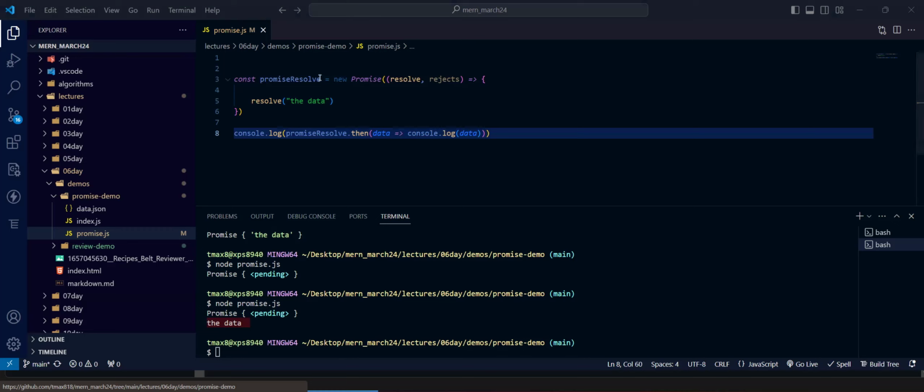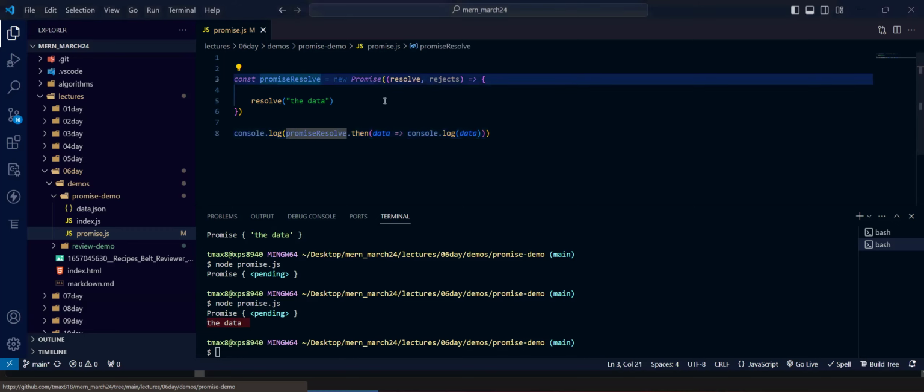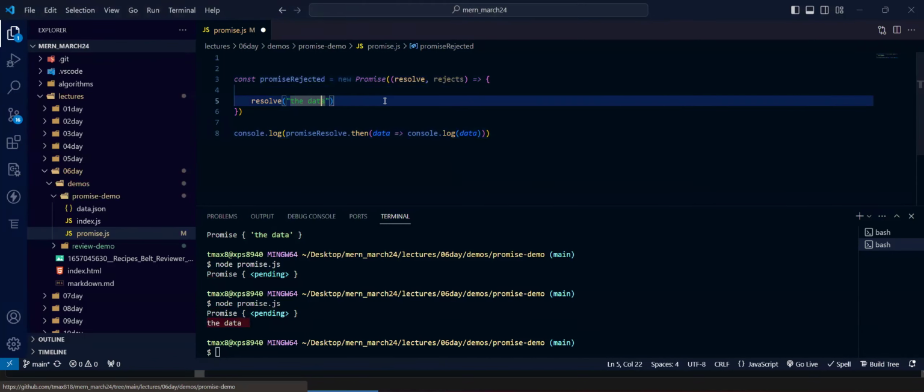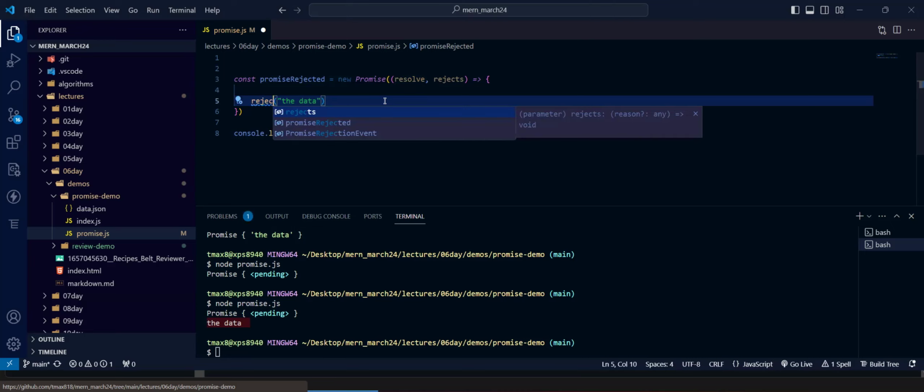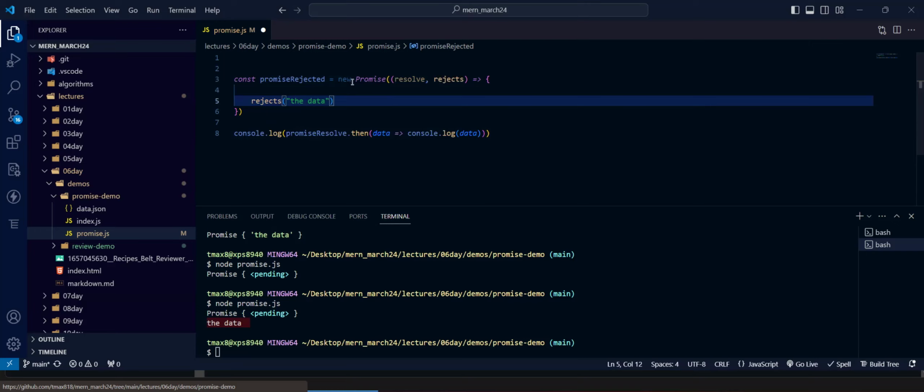Okay, so if I want this to be a rejected promise, how would I make this a rejected promise? I would just call reject, right? I spelled it with an S, but I don't know.